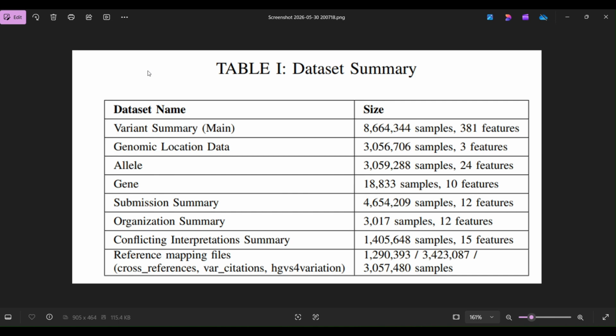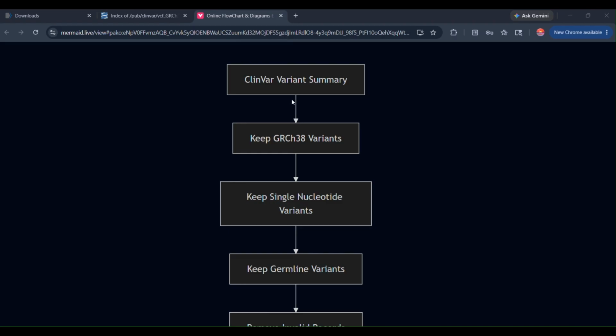Several filtering steps were performed to improve data quality. Briefly going over the filtering steps, out of the dataset obtained from ClinVar, we kept only those with genomic location as GRCh38 and only those variants which are single nucleotide variants, as these are the overwhelming majority.